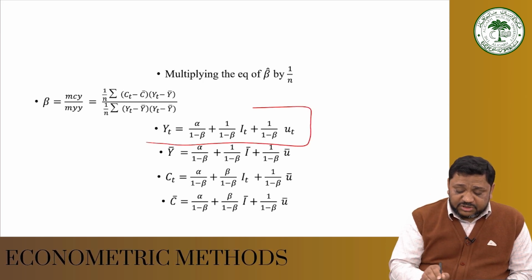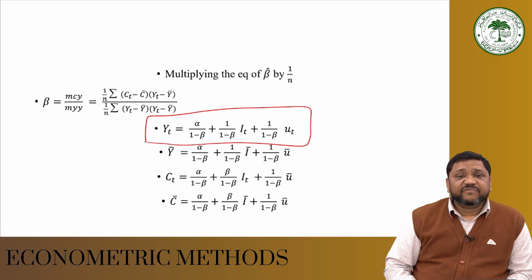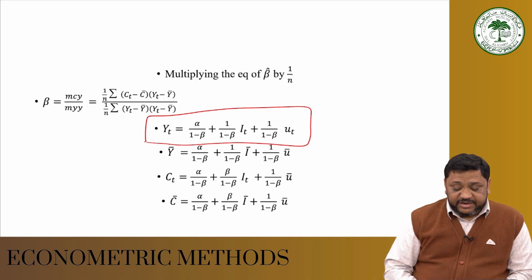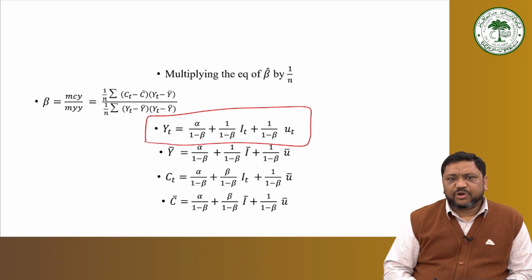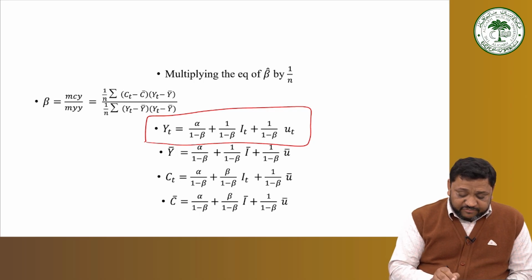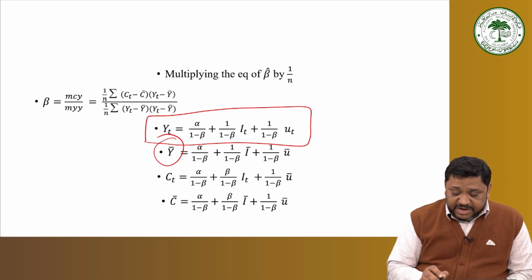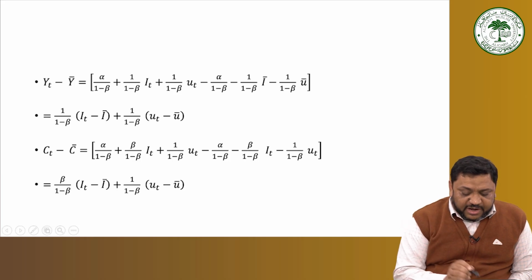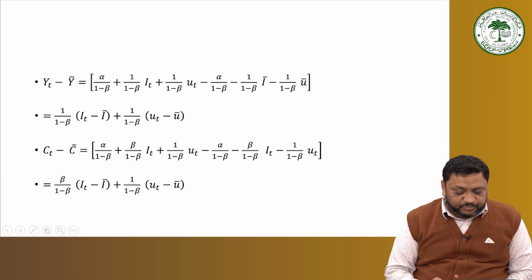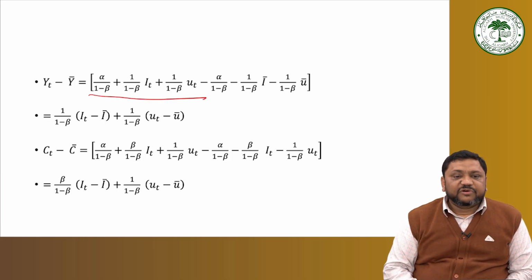If you remember, this was my equation we have derived in the reduced form for yt. Yt is equal to alpha (1 minus beta) plus 1 upon (1 minus beta) it plus 1 upon (1 minus beta) ut. If I want to write it in the mean format, so here in place of yt I take y bar, and in place of ut I take u bar. So now yt minus y bar, we can write it as